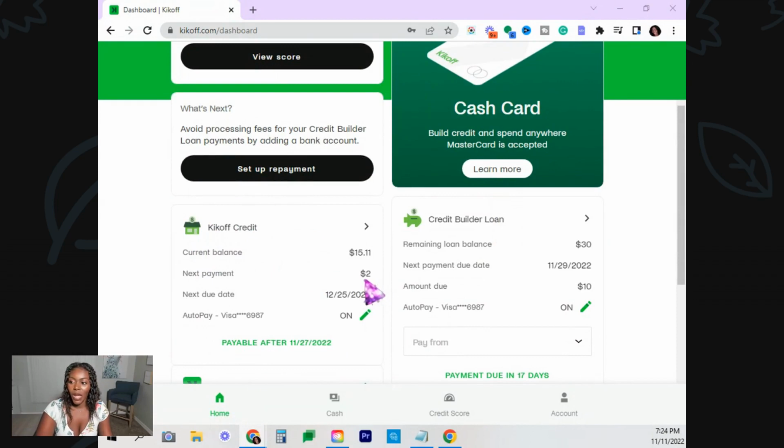Right now I'm just paying $2 per month. On this, it's a $500 account because I signed up for it early. But if you guys sign up now, it's going to be a $750 account that they're going to report to Equifax and to Experian, and it should boost your credit score, especially if you have a very